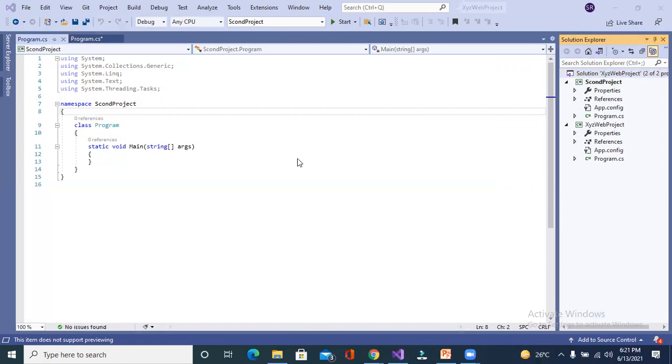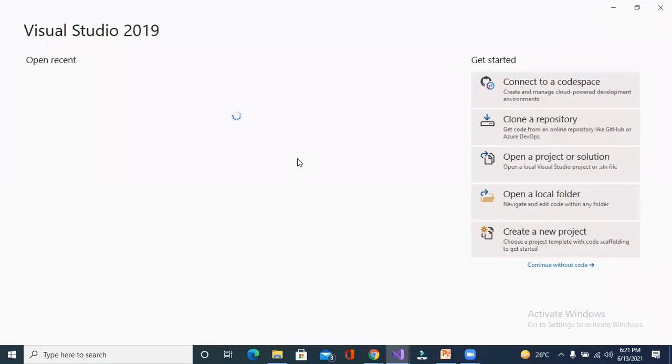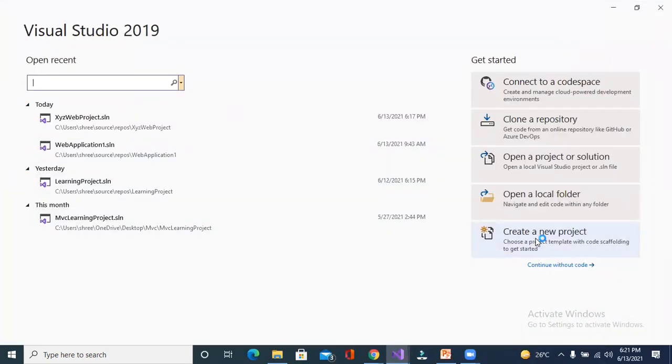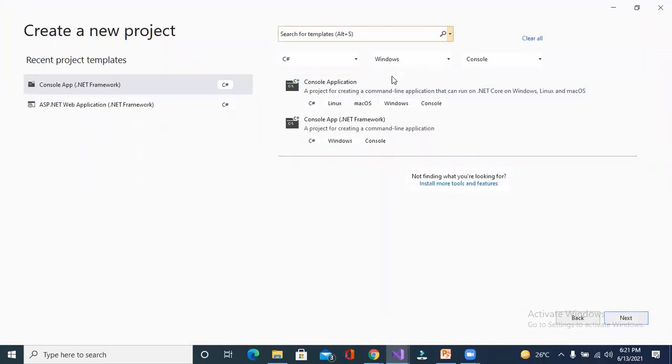I'm going to open Visual Studio. If you will not set the name of the solution, by default the name of the solution will be the name of the project. Here you can see, I am going to create a new project.